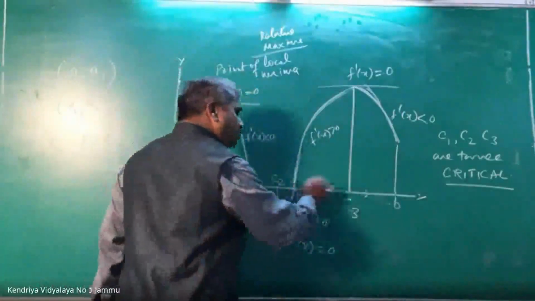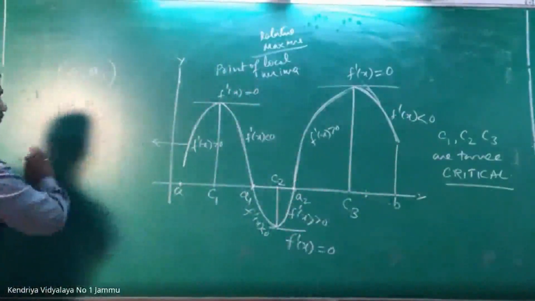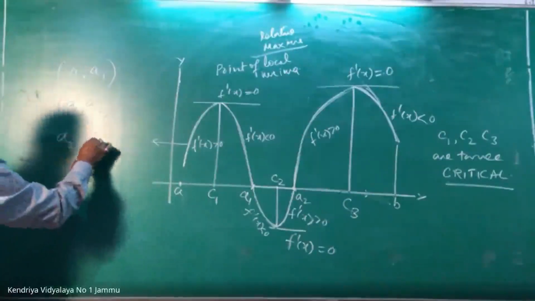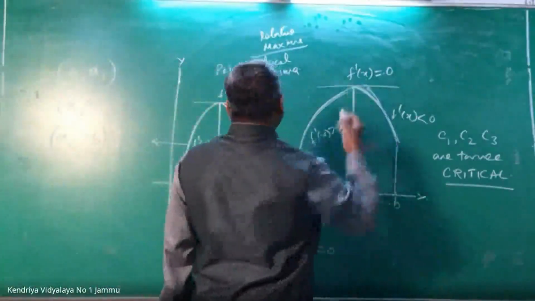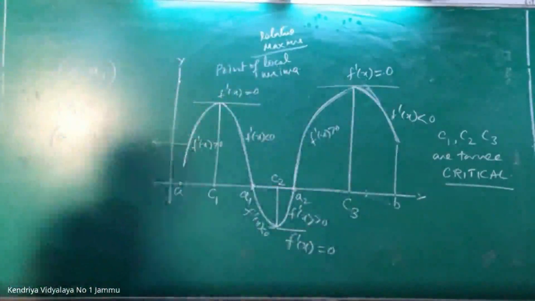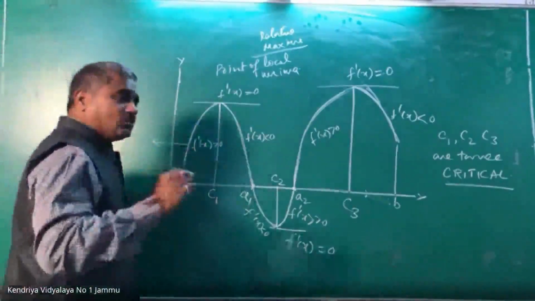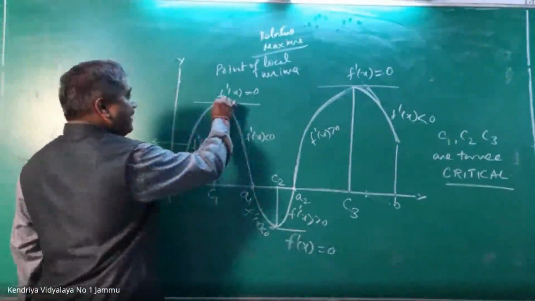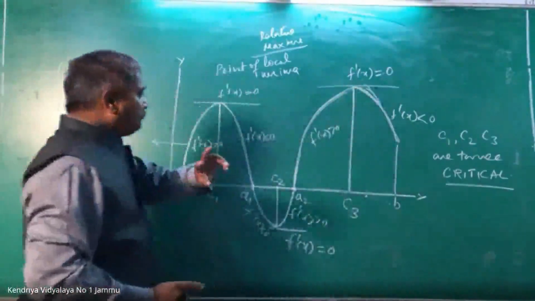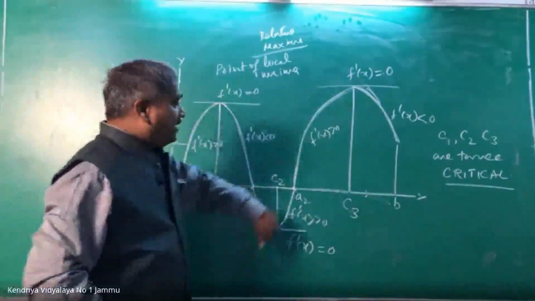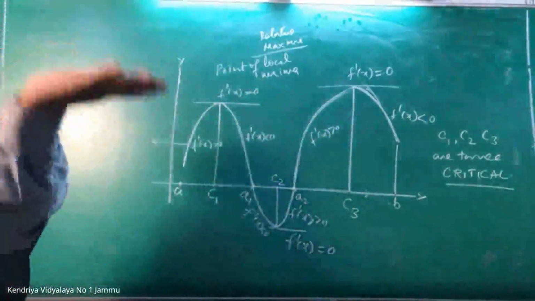Now if I travel from A2 to B, open interval, then we call C3 the point of relative maximum or local maximum. Now, let us understand this way. This point is the maxima, this is minima, this is maxima. I have told you already, maxima, minima and then maxima. Alternatively they come. They always come on an alternate basis.